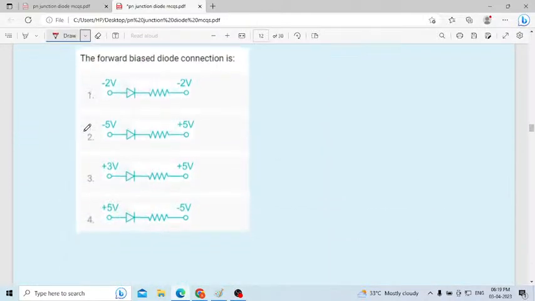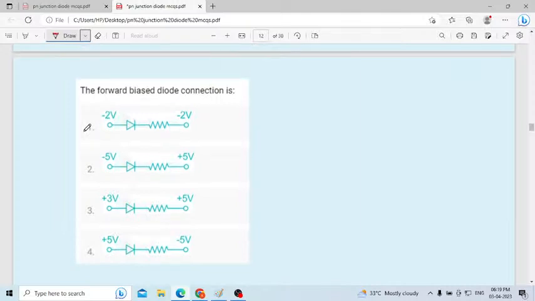Okay, next question. This one will be easy. The forward bias diode connection is, yes, in the forward bias the connection is, in the forward bias already I explained. What is the